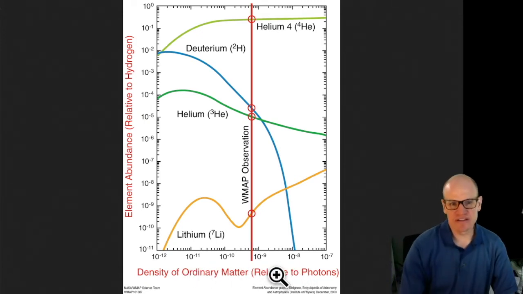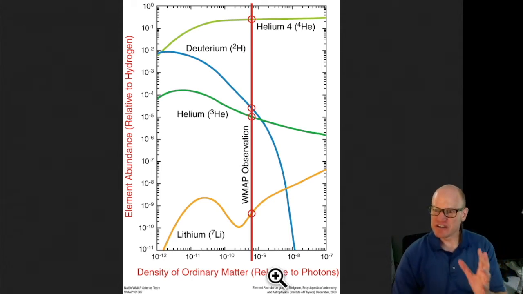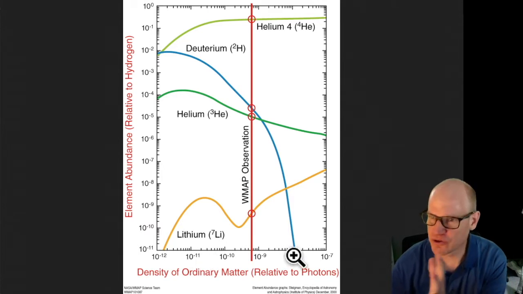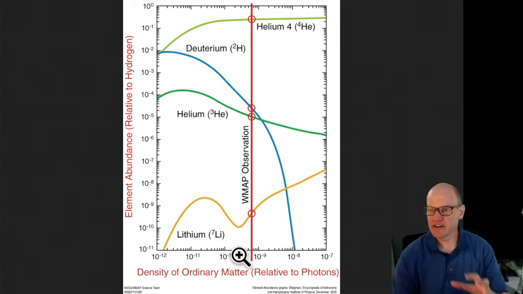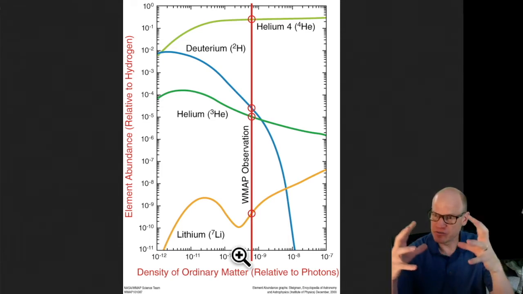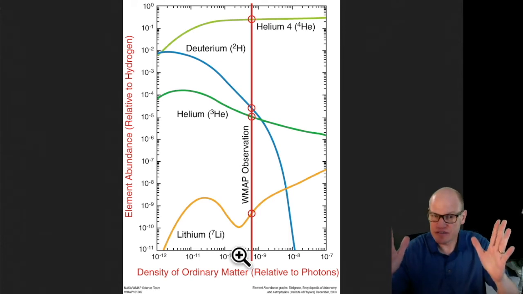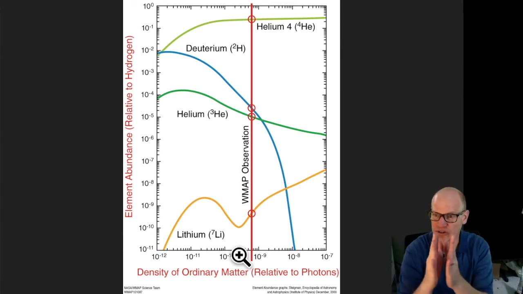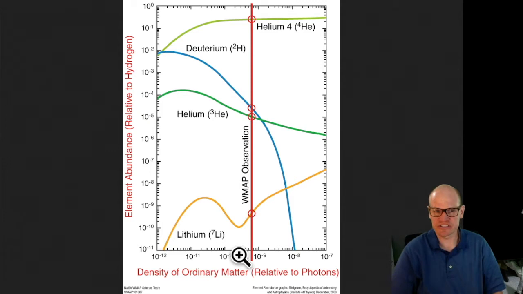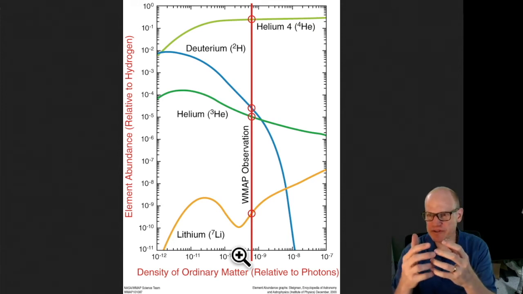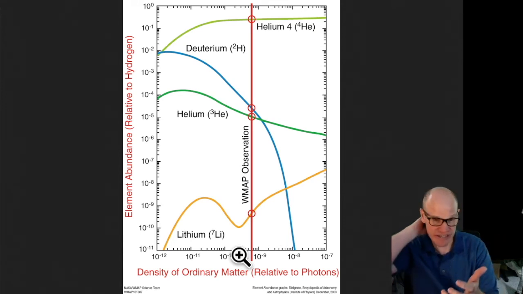So the main thing is that at first we don't know what this value is. We don't know what value the horizontal axis has. We want to find what is the density of regular matter. The more dense the regular matter, meaning the more stuff that there is, the longer Big Bang nucleosynthesis can persist. The less stuff there is, the shorter Big Bang nucleosynthesis can persist. You can even have a situation where by the time the universe cools to the point where you'd be able to have Big Bang nucleosynthesis, it's already too diffuse and you don't get any anyways.